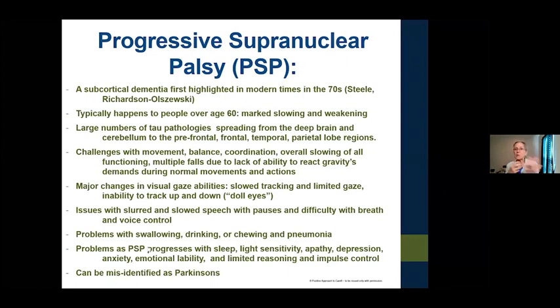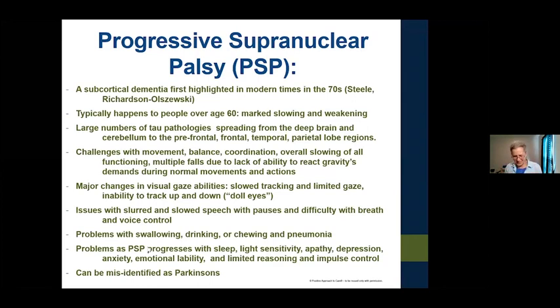And so what we see is these are people who are challenged by movement. So falls and balance and coordination, they're so slow, you can watch them fall in slow motion. They also have a very difficult time coming up against gravity or sustaining against gravity. One of the big differences we see is in the six muscles that control your eyes. The hallmark of this is that when you try to get them to track with their eyes, they can't really track an object horizontally. If you try to get some tracking up and down,